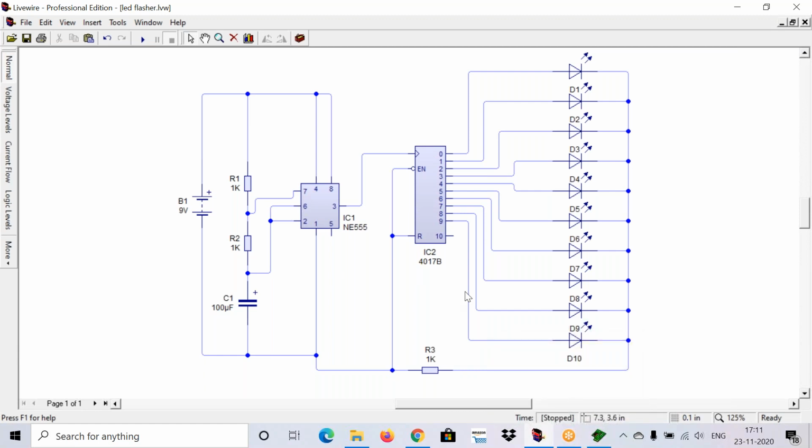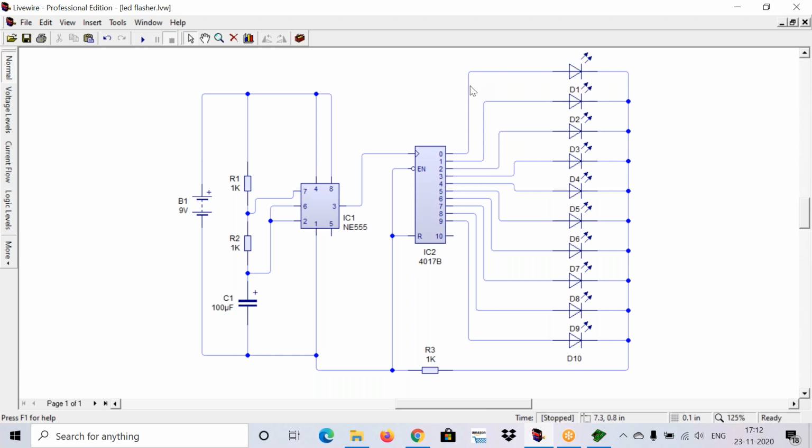As I have already told you in the earlier classes, Livewire and PCB Wizard are interlinked softwares. That is the reason you need to open both of them. In case you did not open the PCB Wizard software and run your file in Livewire, then your system will hang, and you will need to restart your system. That error will occur if you forget to open both the softwares. Just follow the instructions clearly.